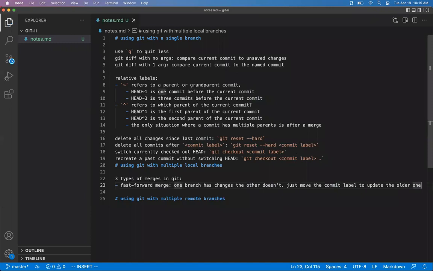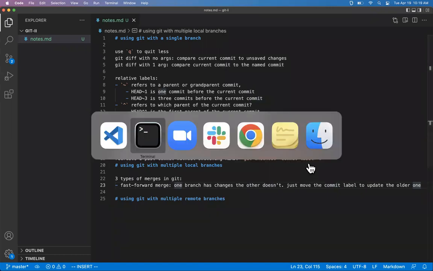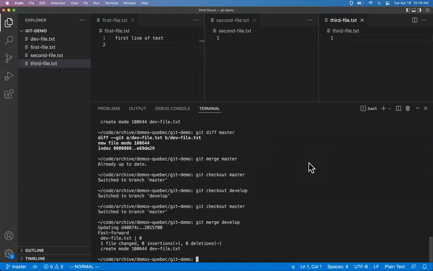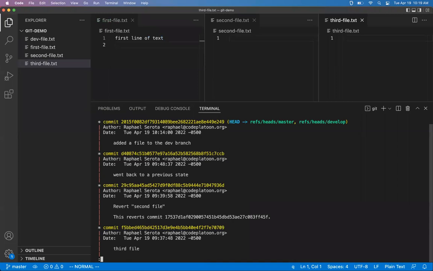So this is actually a really simple merge to do because Git doesn't even have to create a new commit for it. So if we look at our log here real quick, all of our branches are still in a single line. So we're not seeing any divergence. And again, all of our labels are referring to the same commit. All that had to happen